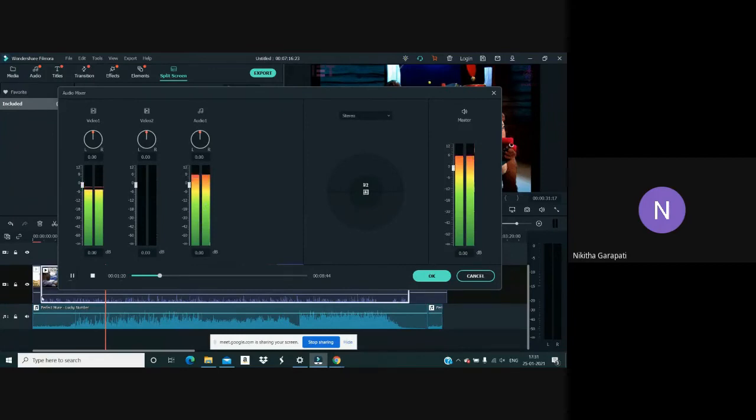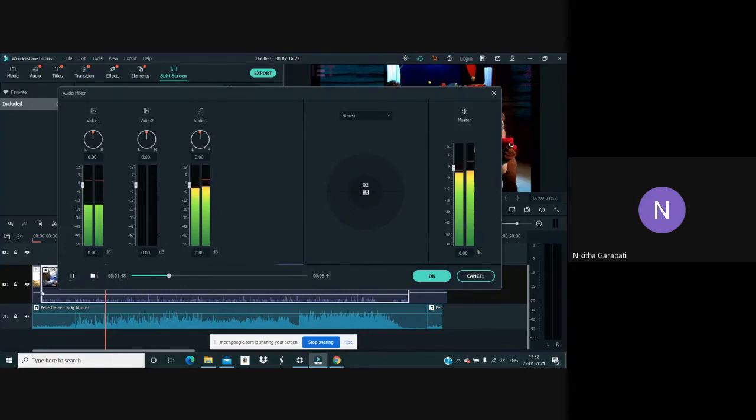If you want to change the volume level of a single clip, you can do so, or you can adjust all three together. You may ask what the difference is between using this audio bar and the audio mixer. Here, if you want to change the audio level of a particular clip, you can do so using this.